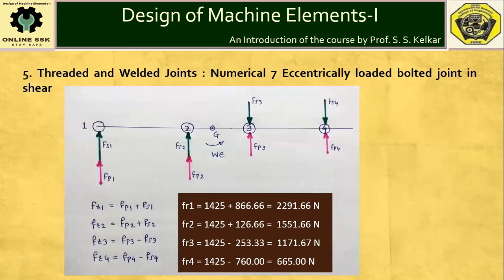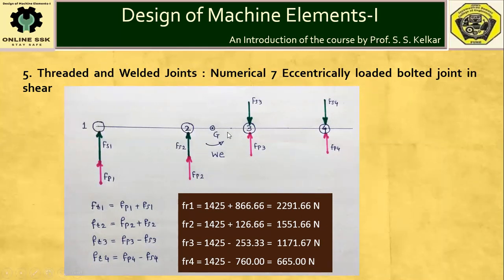External force is causing anti-clockwise rotation of the bracket. Therefore, secondary forces should cause the clockwise rotation of the bracket. For deciding the direction of secondary force, the consideration is to join the center of bolt to the center of gravity. Say for bolt number one, its center is joined with the center of gravity. A line drawn perpendicular will be the line of action of the secondary force. Secondary force has to act in such a direction as to cause